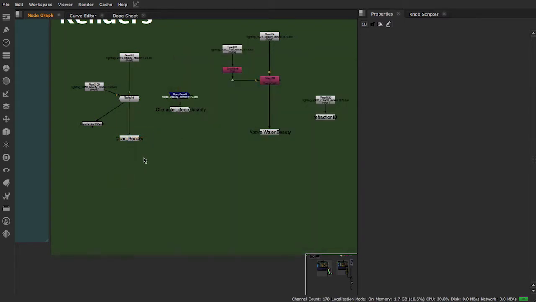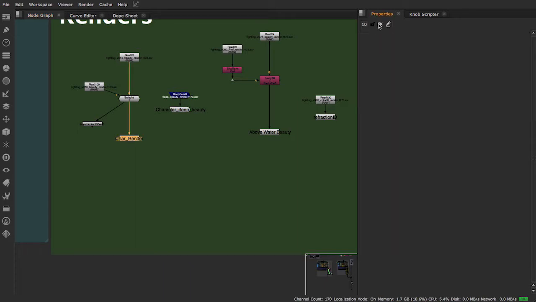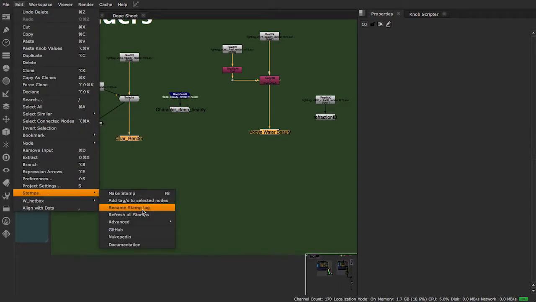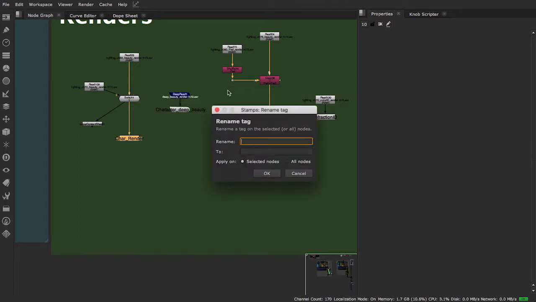If we decide that we want to change them, we could also go inside of them and change it here with commas. Or we could select both of them and go to Edit, Stamps, Rename Stamp Tag. Or W-hotbox, Rename Tag. So to finish this part, we'll see an example of how stamps could be used in